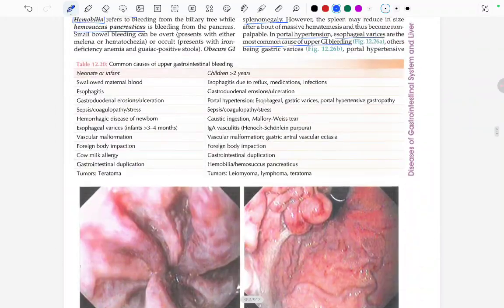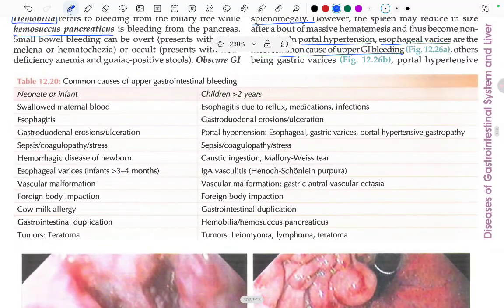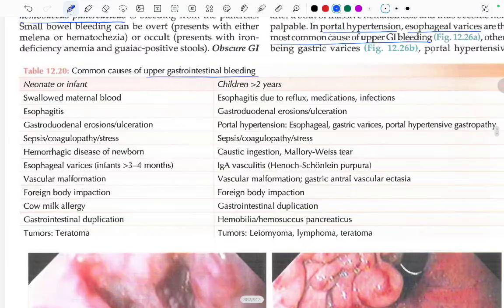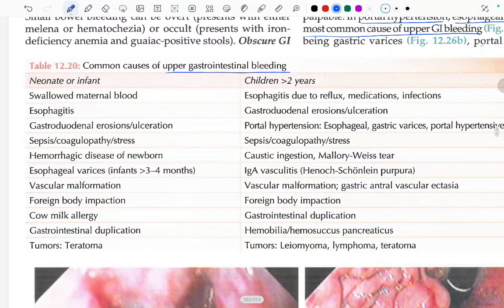Before we look at the management, let's look at this table of the common causes. Common causes of upper gastrointestinal bleeding. First one is in the neonate and the infant. Let's look at that. First is swallowed maternal blood. Second one is esophagitis. Third one is the